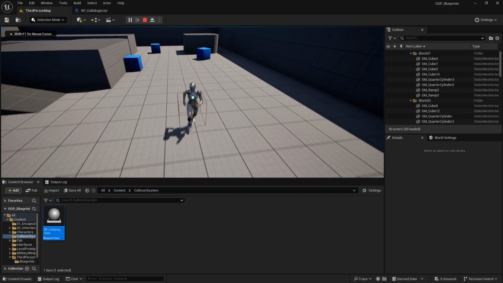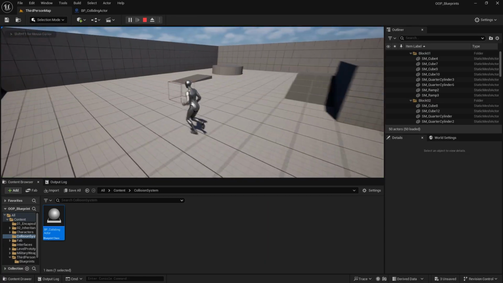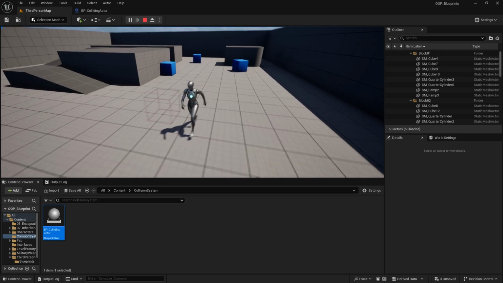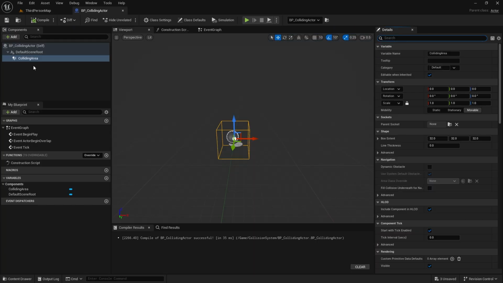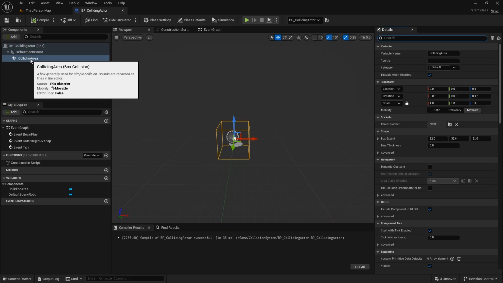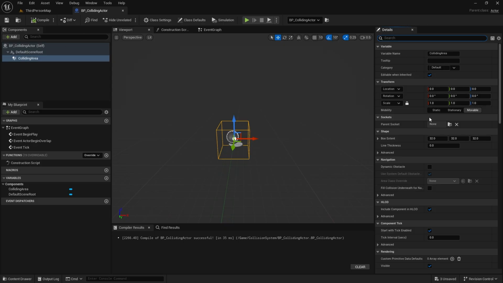Okay, so currently you see the character is not responding to the box. It is like there's something that is empty here, right? So here comes the next concept, whether we need to define some things. Like in the collision channel, we need to define the collision properties. Okay, so I am selecting the colliding area, which is the box collision component, and I'm going to the details